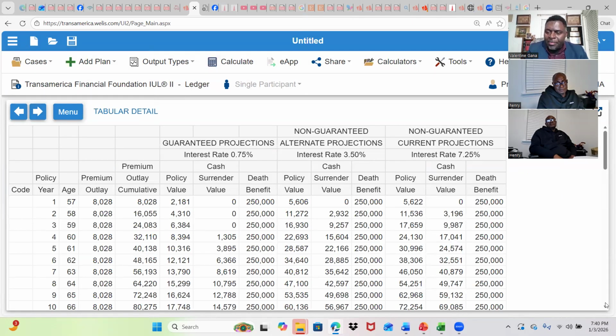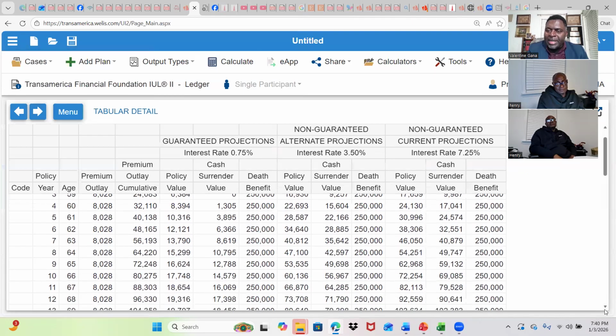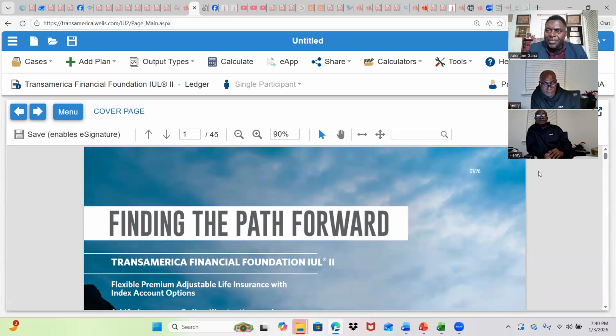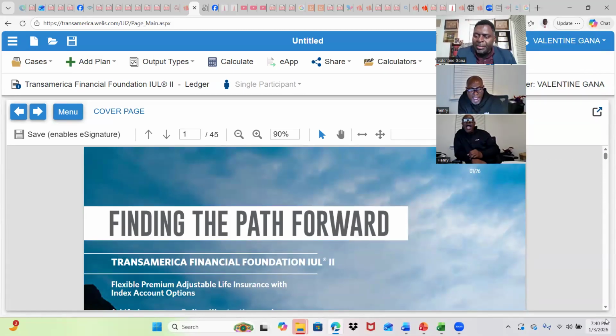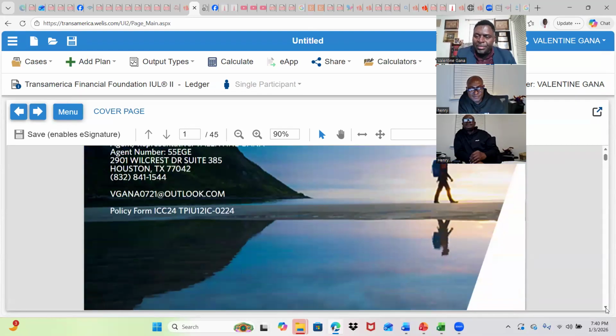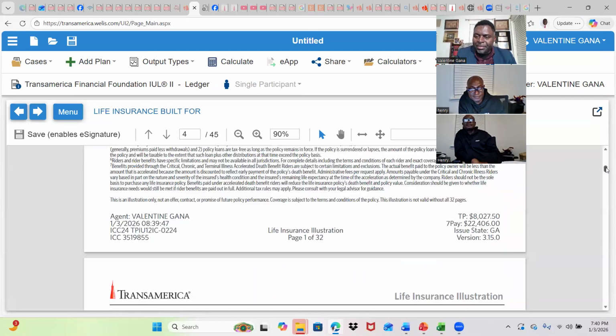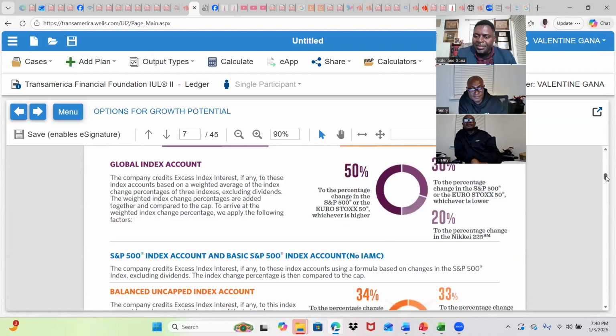As you can see, with level, the death benefit doesn't change. Your cash is growing in it, or let me go to the neater form of the report, and let's take a look. Your cash is growing, but the death benefit is not changing. That's why they call it level. I say level is the devil.